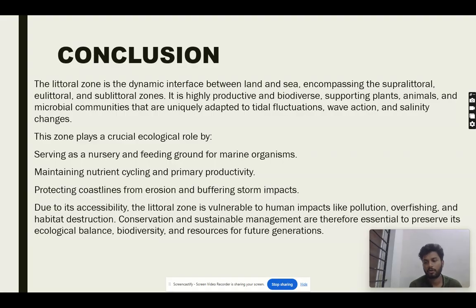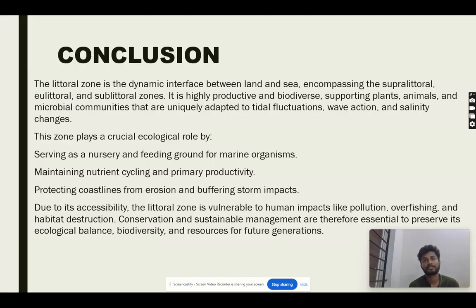So we have discussed a lot about the littoral zone, the organisms surrounding it, and its various subdivisions. Why is it important? Why the ecological significance and importance of the littoral zone,